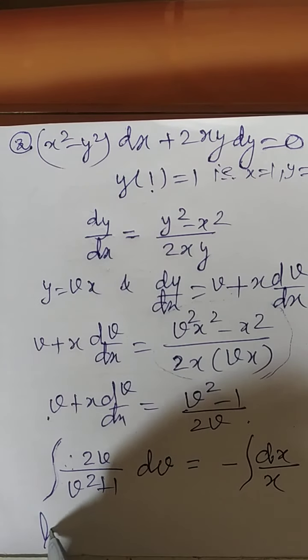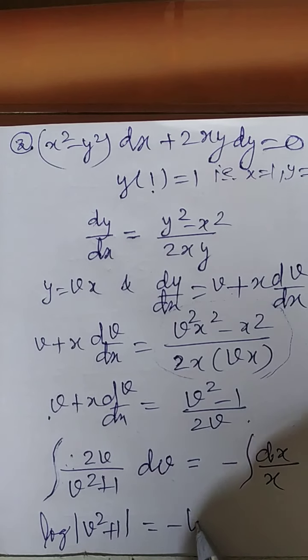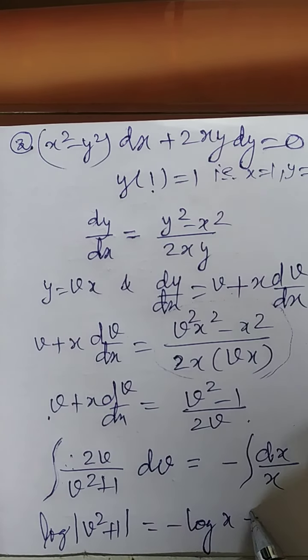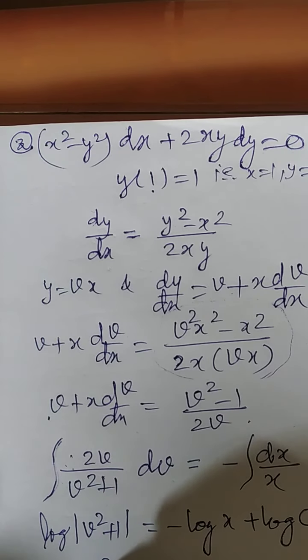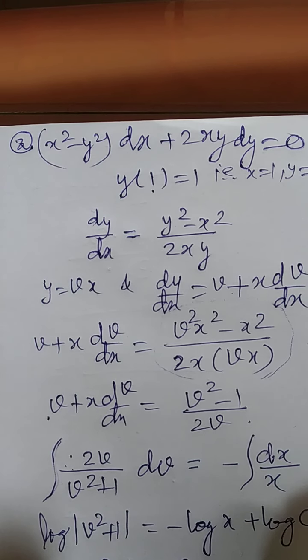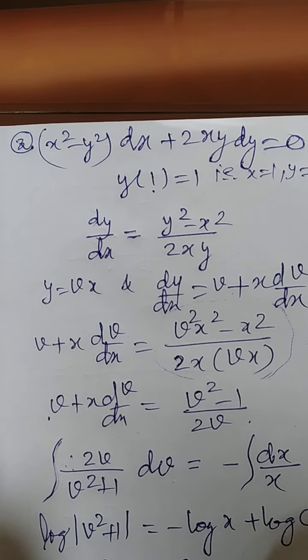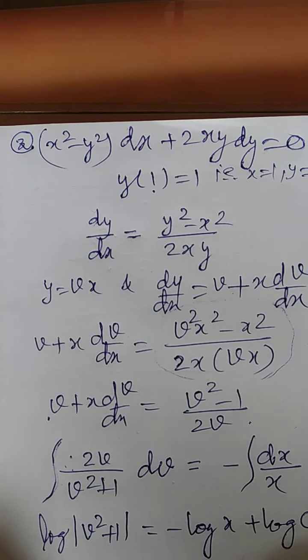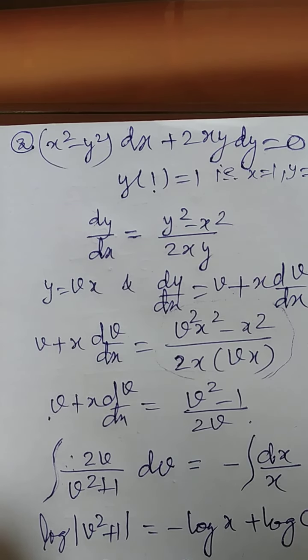On the left hand side, again you notice that here also you are getting the form of log only. So the constant can be written as log of c. Try to simplify, it will be v square plus 1 equals c by x. Now always replace v by y by x. So you will get y square by x square plus 1 equals c by x. Take LCM and try to simplify. It will be x square plus y square. Over here x can be shifted, and this is nothing but c square.